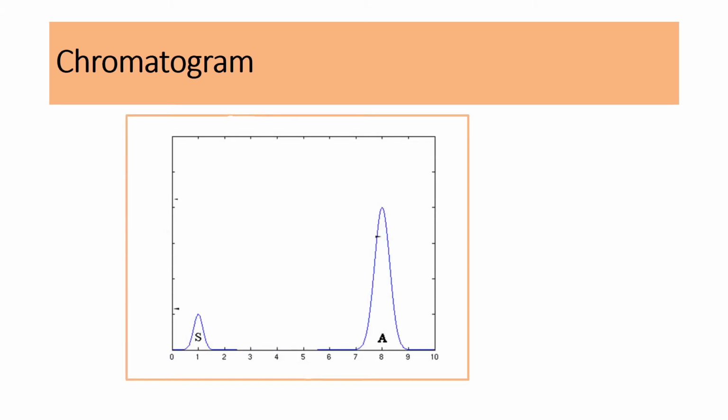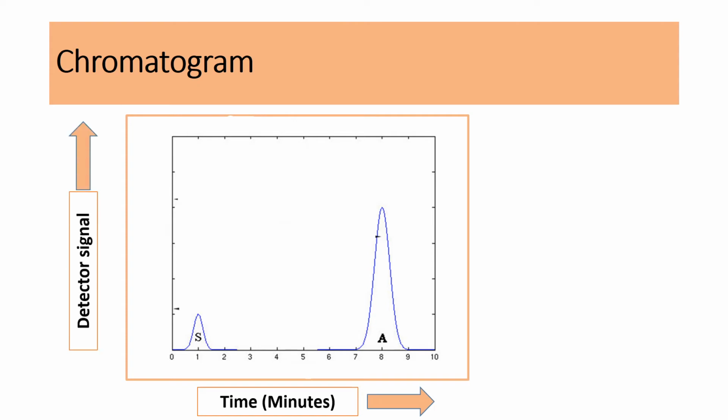So an HPLC chromatogram, whenever it is taken, appears something like this. Here on the x-axis we have time in minutes and on the y-axis it is the detector signal. Here I have not written absorbance or any other specific response because the response can be measured as anything. So it is written as detector signal.